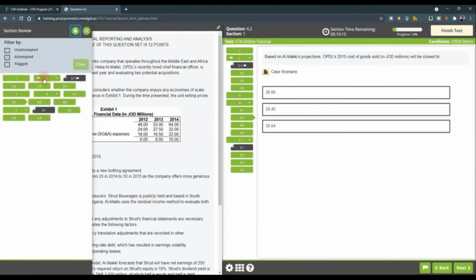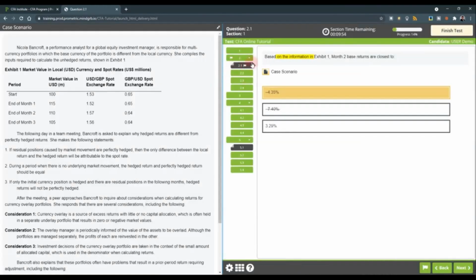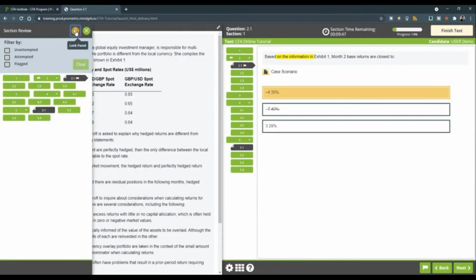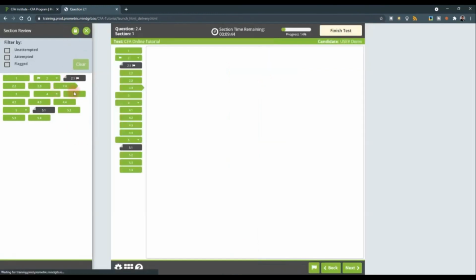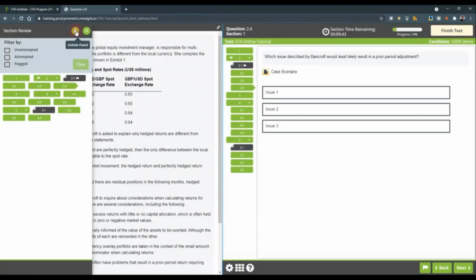section review, where you can actually review the question itself or the sub question. So if I have bookmarked question 2.1, then the overall question 2 will be bookmarked, just to indicate that you have bookmarked something, a question or more than one question within this case number 2. You can click on it and then click 2.1 to hover over to question 2.1. If you want to scroll between different questions without closing the panel, then you can lock the panel and scroll freely with the panel still open. Then you can click close to manually close it.